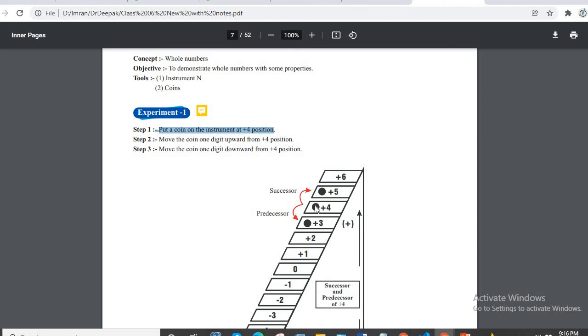Like it was first at 4, then when it goes to 5, there will be a lighter coin in some light color, some other color, or a shadow. Then it moves to 5, the real coin, suppose a gold coin, will be there. Then it comes back, then 5 will also have that light image of the coin, and then this will be gold again. When it goes to 3, then 4 and 5 both will have the lighter image of the coin,